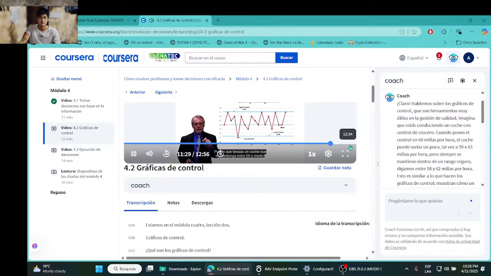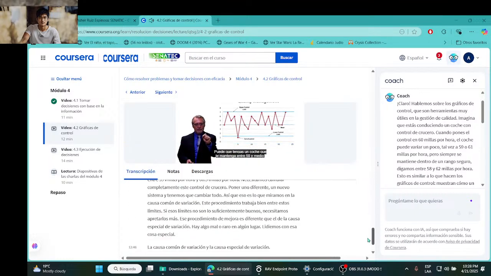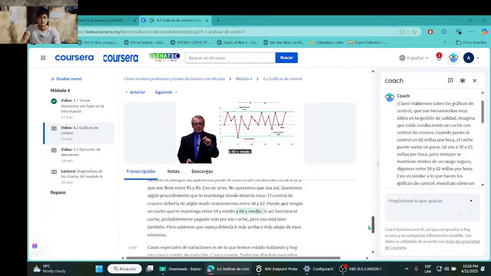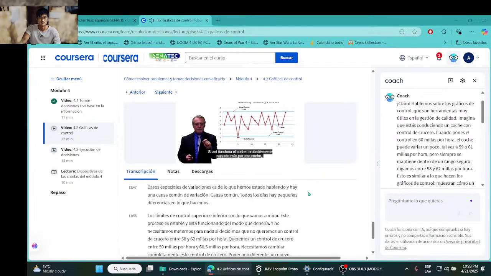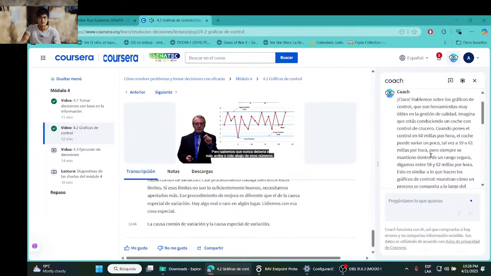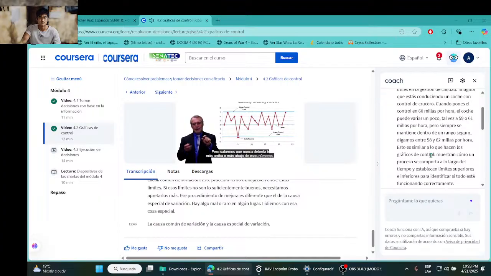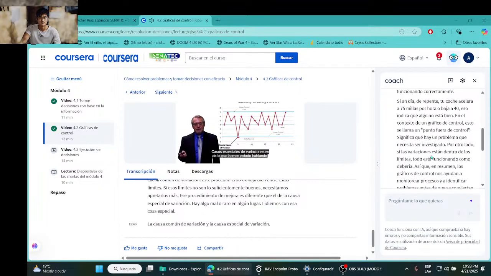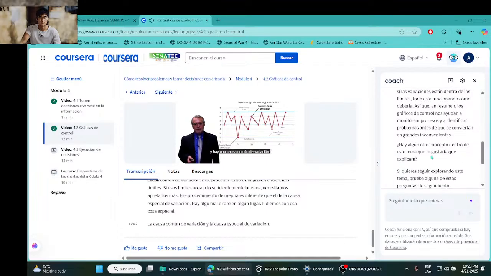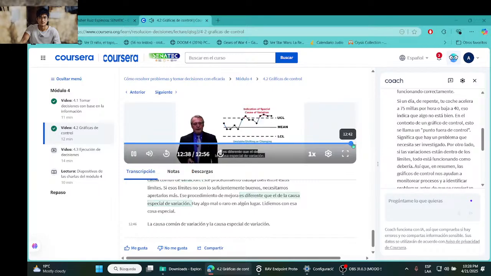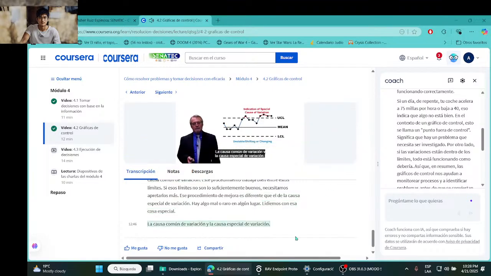You may have a car that keeps you somewhere between 59.5 and 60.5. And if that's what that car operates at, which you probably paid more money for that car, then that's great too. But we just know that it should never go higher or lower than those numbers. Special cause of variation is what we've been talking about. And then there's common cause of variation, the everyday variation we look at, common cause and special cause of variation.